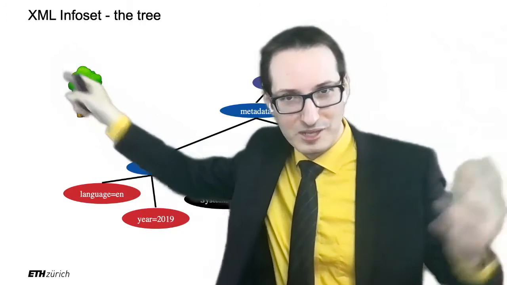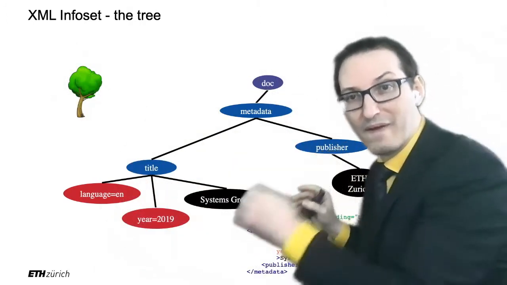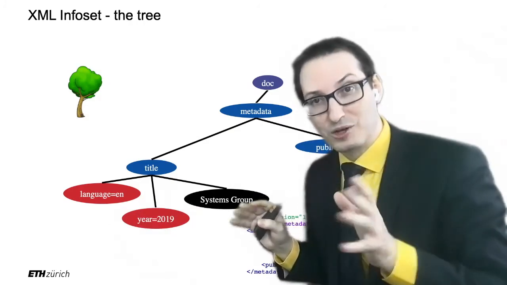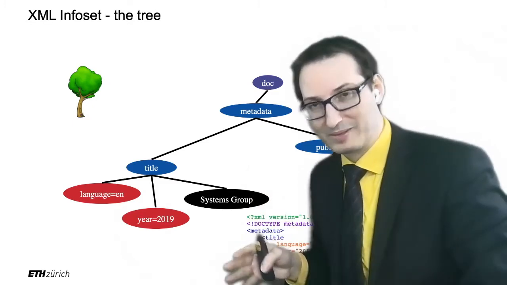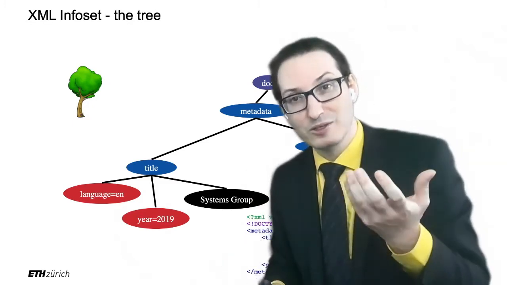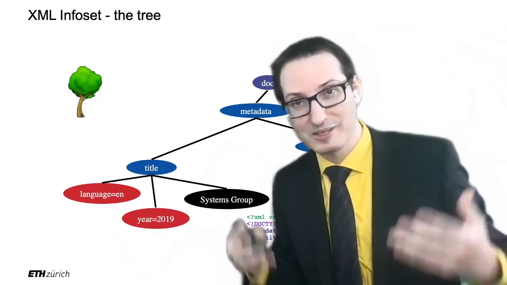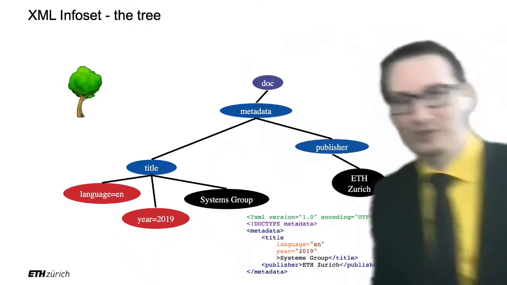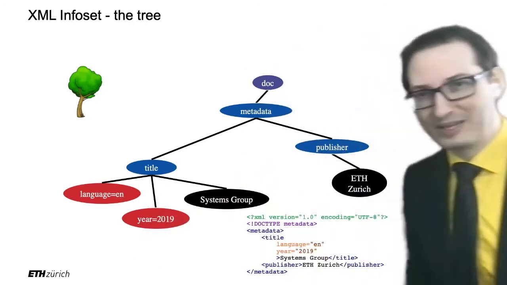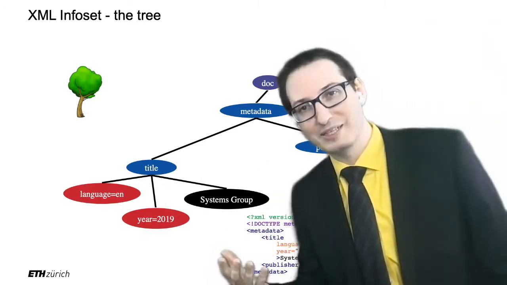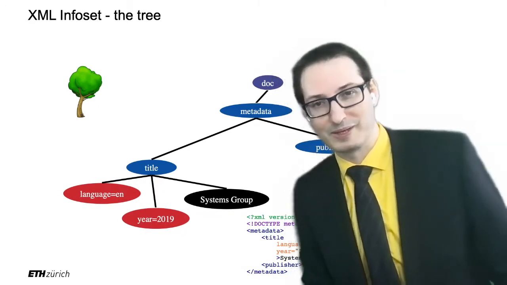also called XML infoset, is basically a specification that tells me how to draw a tree. That's really part of the lecture. If you see JSON or XML, you must be able to draw a tree, right? That's how it works. And ideally, you must be able to directly see it in your head without even having to draw it, right? This is a learning objective of the lecture. So I know that some of you already do that automatically. If you do not yet do it automatically, just take documents, JSON or XML, and try to draw trees, right?